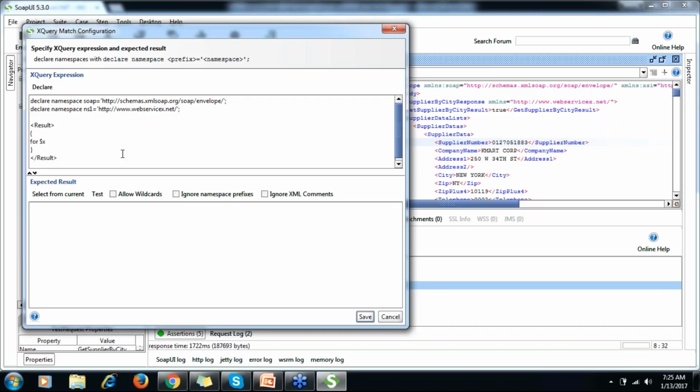So let's give dollar x, it will be more visible. And then I need to provide the XPath. Okay, so I can say ns1 and supplier data.